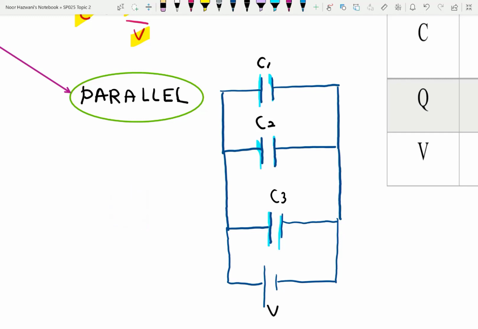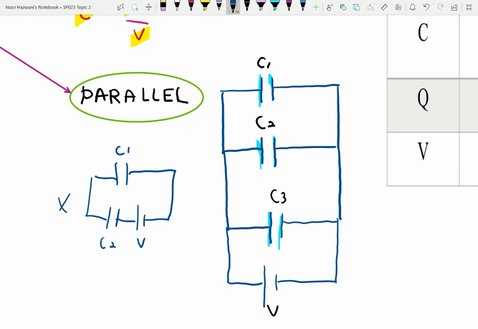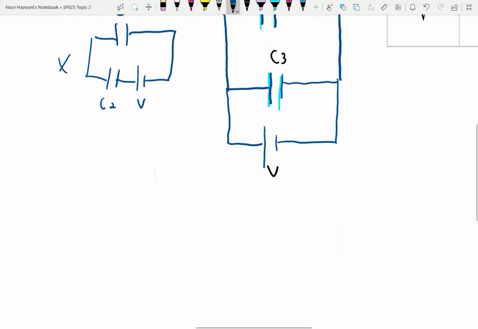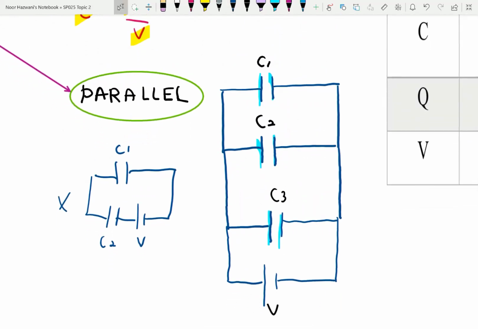Okay, contoh lah macam ni. And then this is my C2. And then sebelah dia I ada, for example, battery. Okay, ini you tak boleh kata C1 and C2 dalam keadaan parallel, salah. Okay, so untuk tahu dia parallel ataupun tidak, you mesti kena kenal pasti bahawa kaki kapasitor tu, okay, dia punya